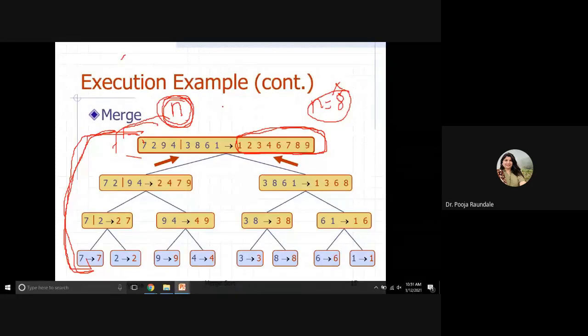Generally, height of the tree कितना होता है? Is he right? Others can speak. What do others say? Height of the tree. Here, how many numbers? Is it n log n? Height of the tree. See how many numbers here? 8 numbers. Why don't you know? You must have studied this.